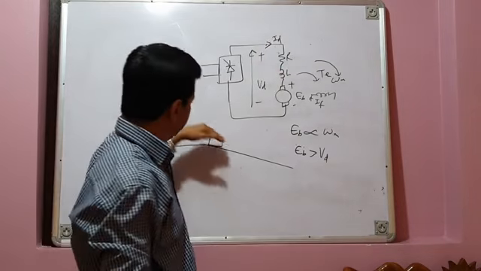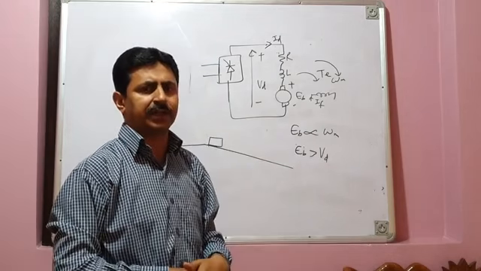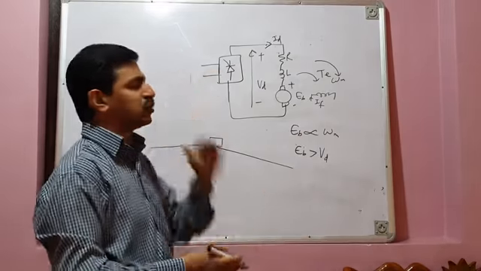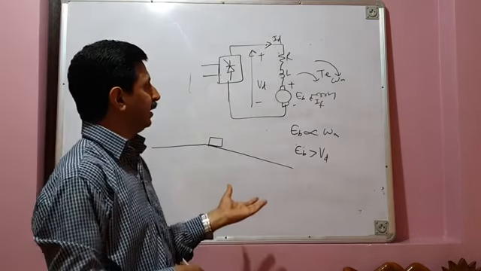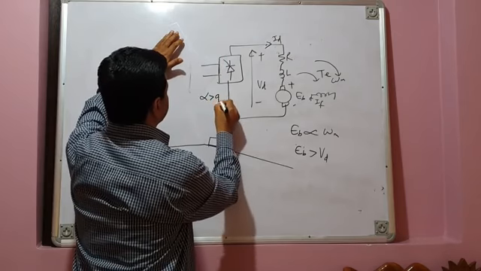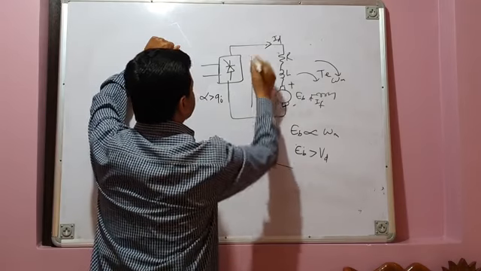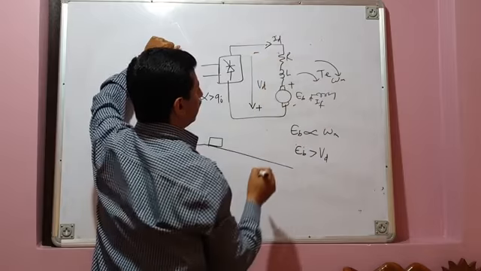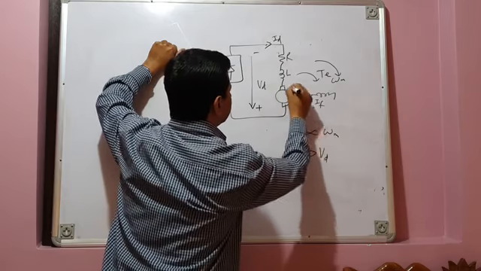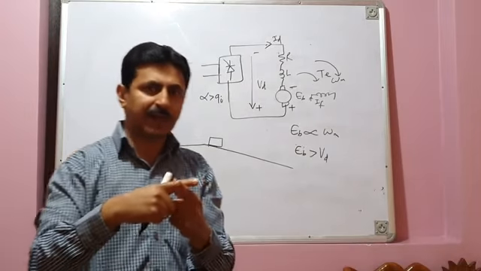So therefore, whatever energy is generated by this motor while going down the gradient, when it is working as a generator, I want this energy to be fed back to the source. How can I do that? That I can do if I operate this converter now at alpha greater than 90 degrees. When I operate it at alpha greater than 90 degrees, what will happen to the average output voltage? The average output voltage of the converter will become negative like this, and simultaneously I will reverse the polarity of the back EMF by some way.